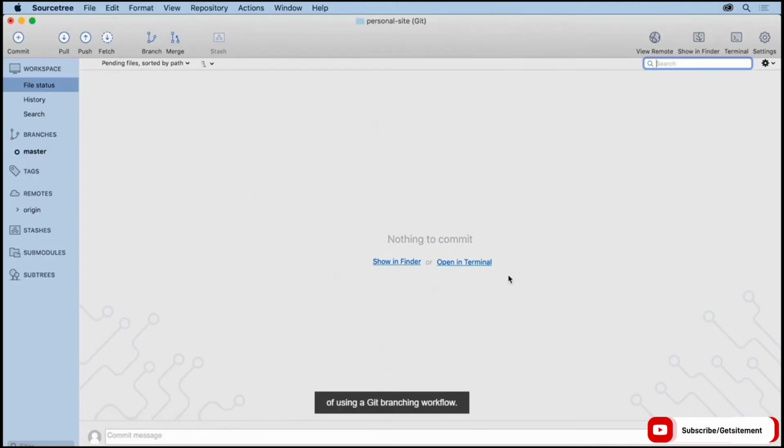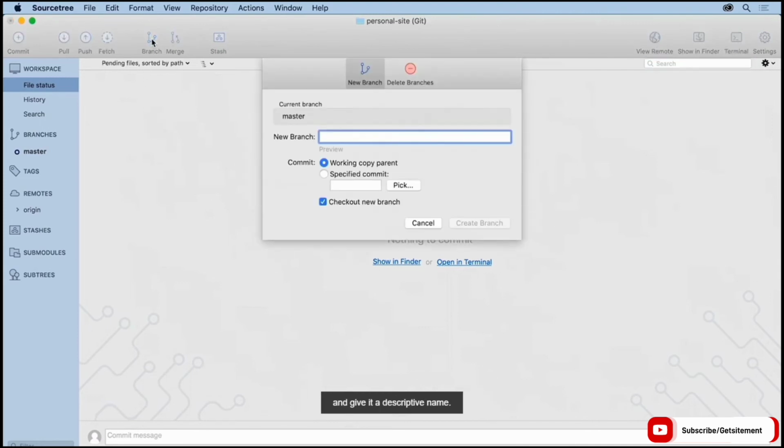So let's go over how to create branches with Sourcetree. We will continue to work with the personal side project. To make a new branch, select the branch icon and give it a descriptive name. Let's say I want to make some design updates to the site. I can create a feature branch and call it redesign, or I can be even more specific and call it theme update, and use it just for changes related to the visuals, like colors and fonts, but no changes to the